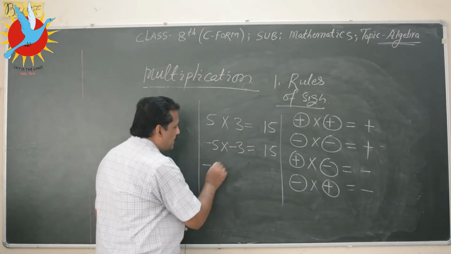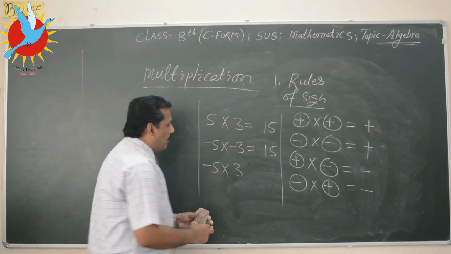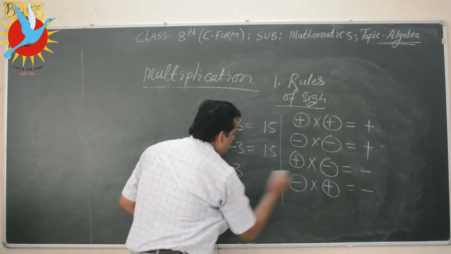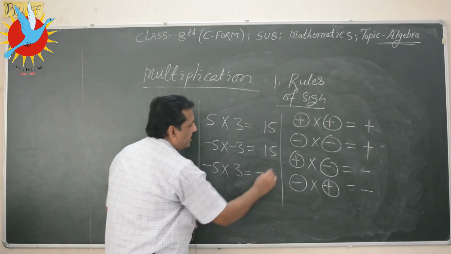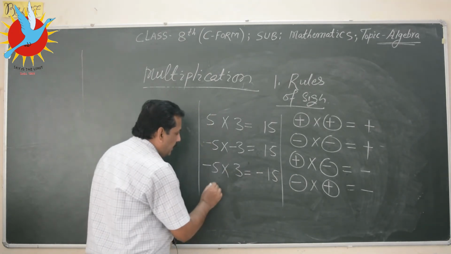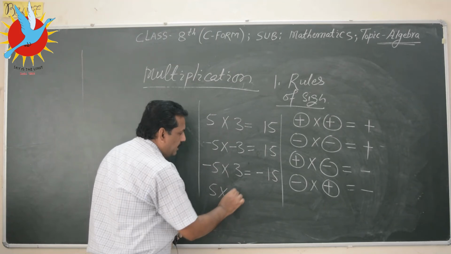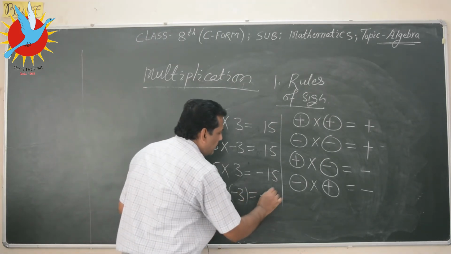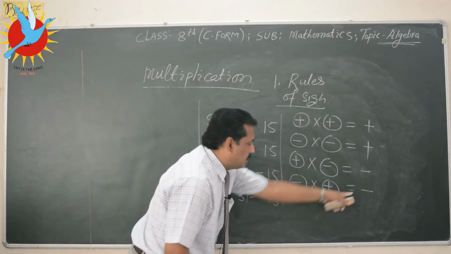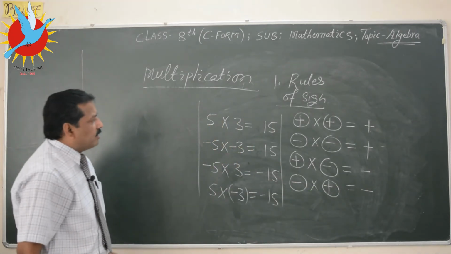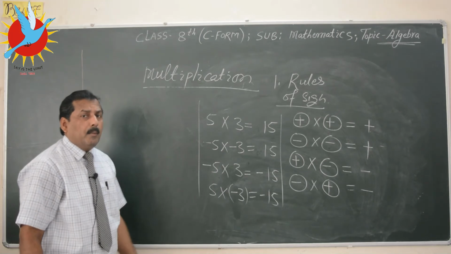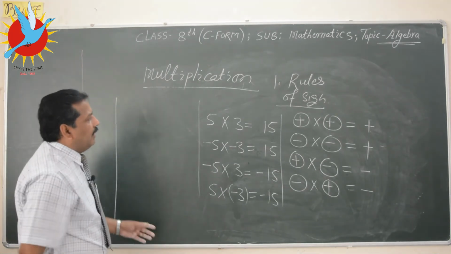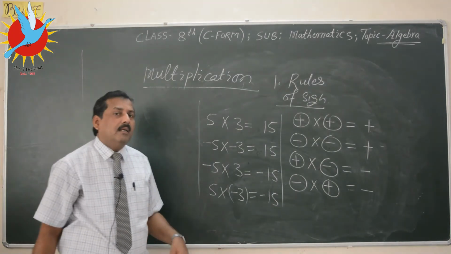What about minus 5 multiplied by 3? One is negative, the other is positive. The sign will be minus. So this is minus and 5 3s are 15. And if this is positive and this one is minus 3, negative, this case also gives you minus 15. So this is simple arithmetical multiplication. Let us switch over to algebra. Algebra also will be similar.